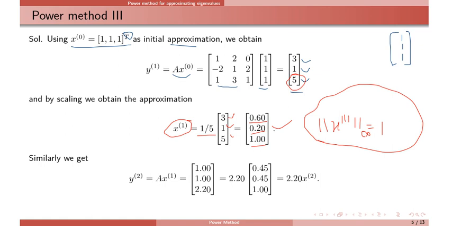So apply A on x1. Okay, so I'm just writing the answer. A multiplied with x1, so this one. So the answer is 1 1 2.2. So take 2.2 outside common. Okay, and this vector is the next approximation x2,